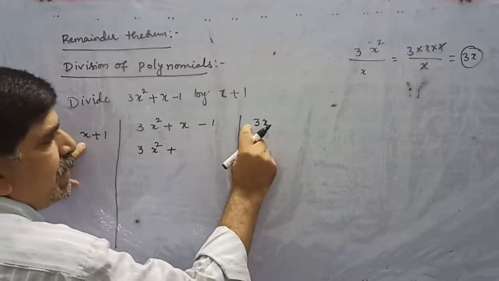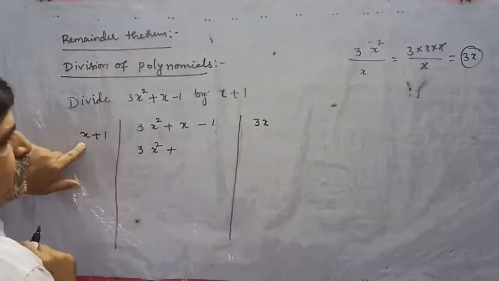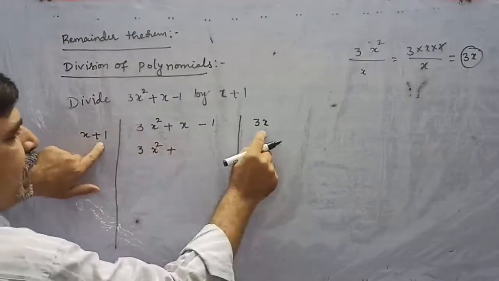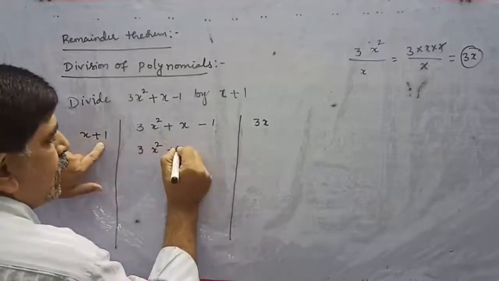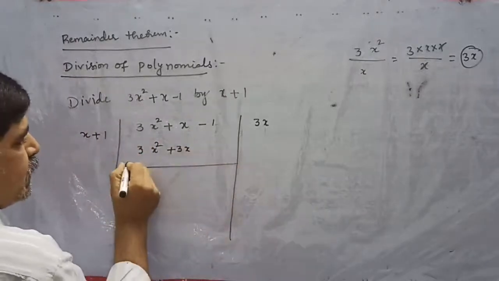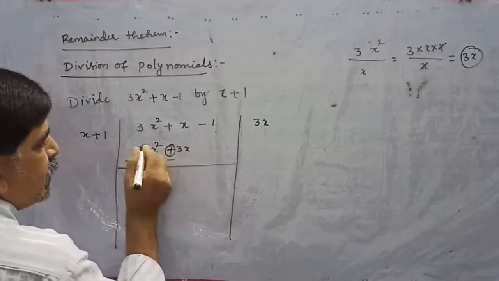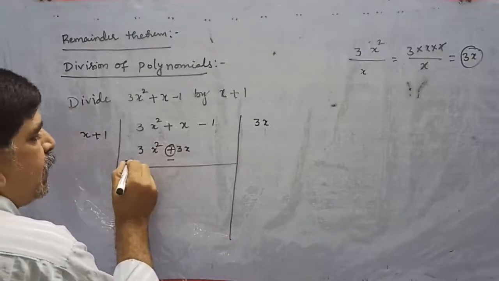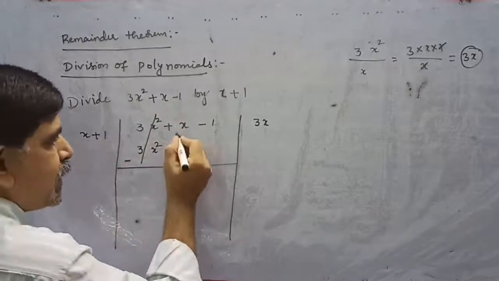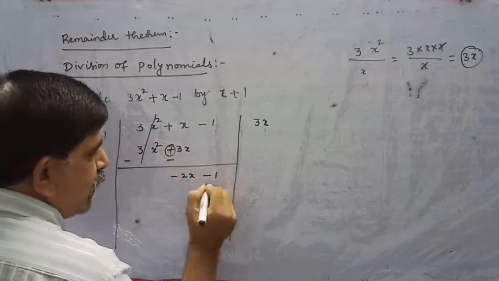plus, here the symbol is plus and here plus. So plus into plus is plus. 3x into x, sorry, 3x into 1. So 3x into x is 3x square completed. Next term 3x into 1, 3x. Right? Now change the symbol for this. This is minus and this is minus. Here this is plus now. So that's why we have to change the symbols. Then here you get minus and here you get minus. Now these two gets cancelled. X minus 3x. So x minus 3x is minus 2x minus 1.